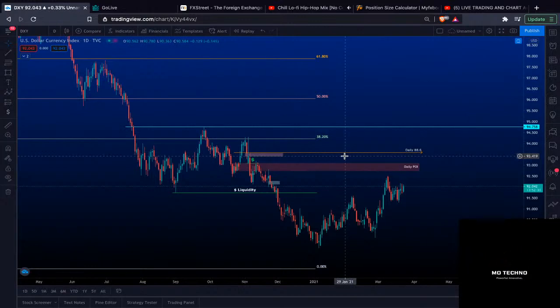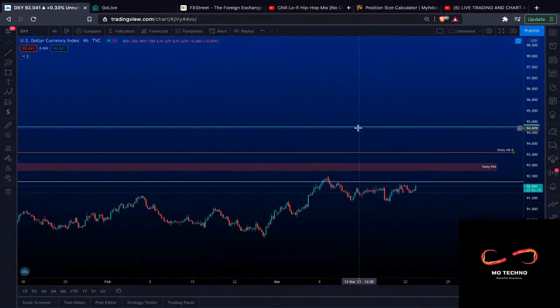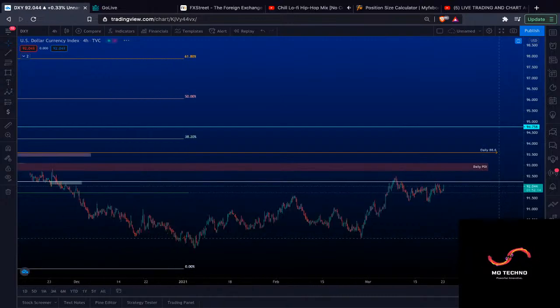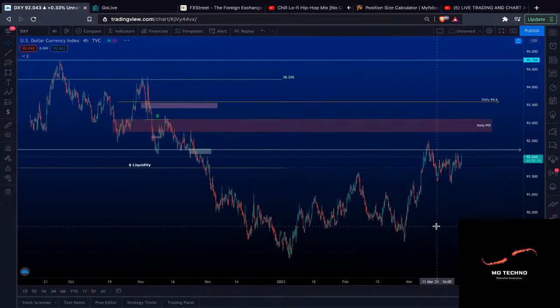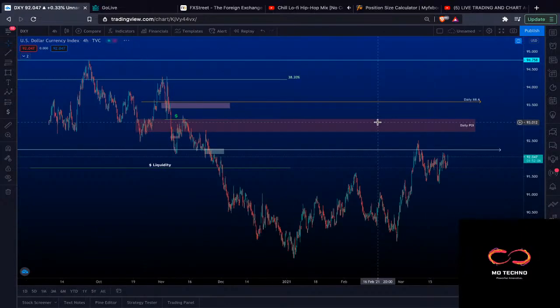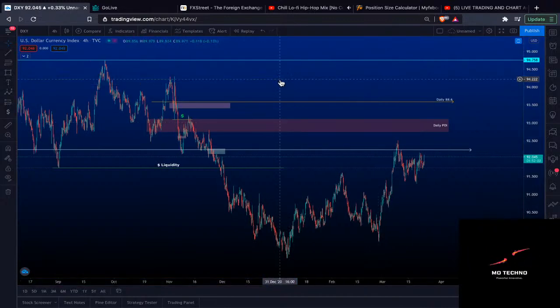Now, back to the DXY. On the daily, we have set up a potential reversal area, which is the daily point of interest and the daily 88.6. Now let's jump on the 4-hour and see what we have here. Our internet is a little bit slow. Okay, so we can see our points of interest that we marked up are over there. We can go ahead and take care of this daily